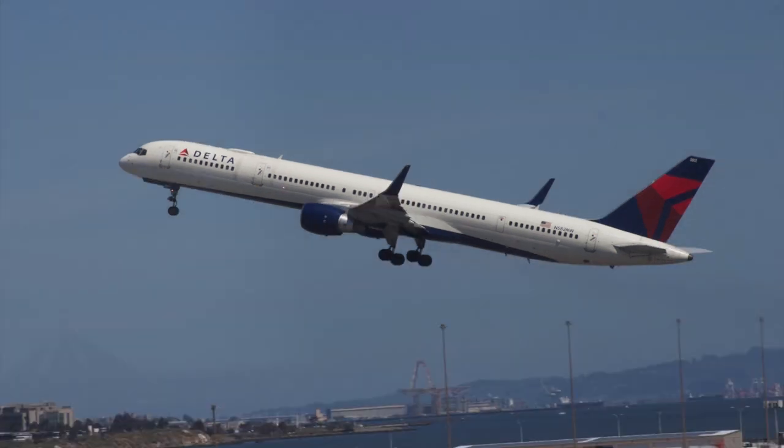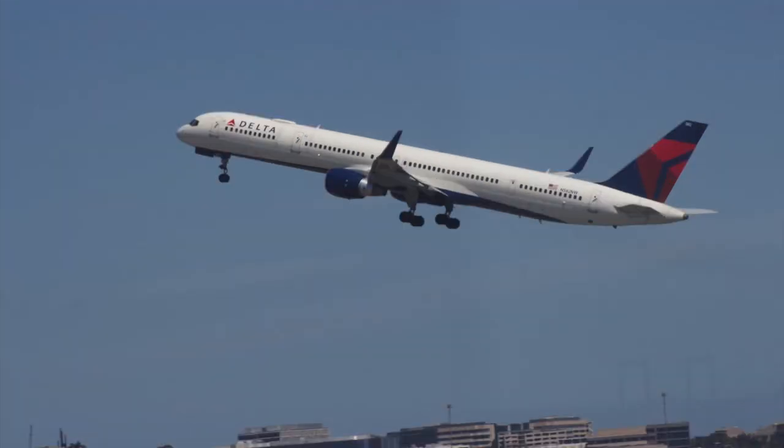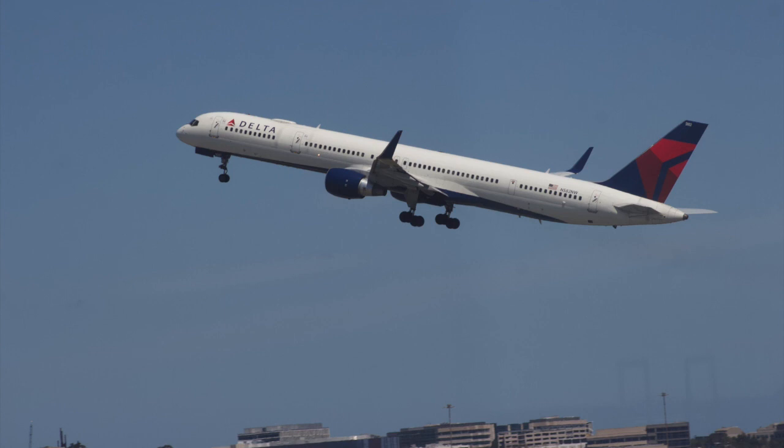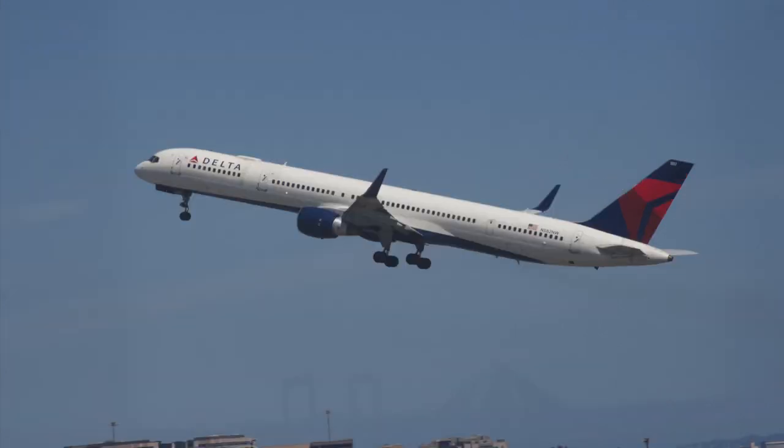And yeah, just looking at the aircraft, it's just a long airplane. And yeah, really nice to see a 753. Of course, I want to save those for later. But nice to see a 757-300 again. And yeah, really nice that Delta Airlines has some 757s. United also has some 753s as well, but I just like the sound of the PW2000 engines. Don't get me wrong, the RB211s also sound really good, but the 753s with the Pratt & Whitney engines are